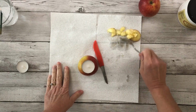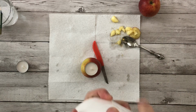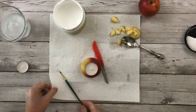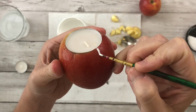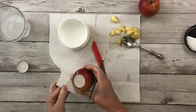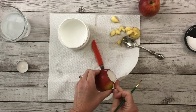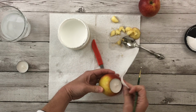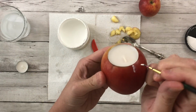So the next step is we are going to paint the design on the house, or the apple that we're gonna make look like a little house, a gingerbread apple house. So now all you have to do is create snow along the roof, and let me advise you to take your napkin and dry off around the top, because the juice was coming out of the apple as I was putting the candle in. So take and just make little lines,